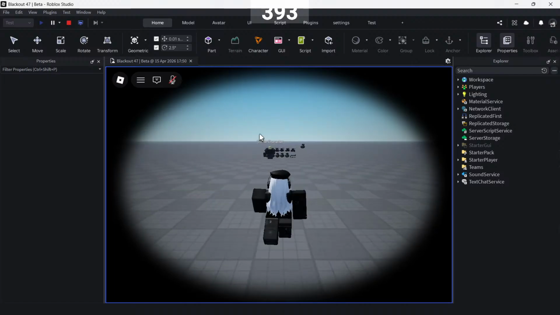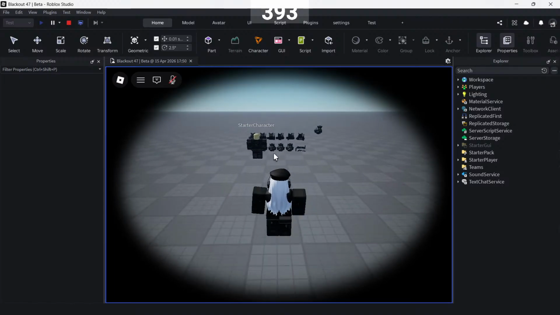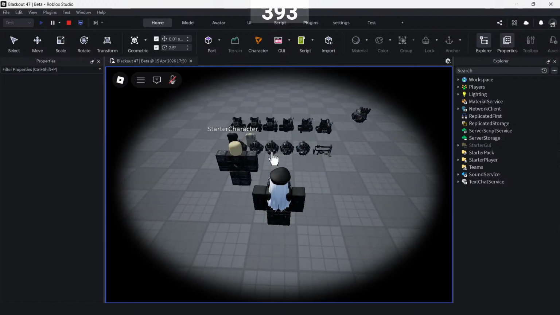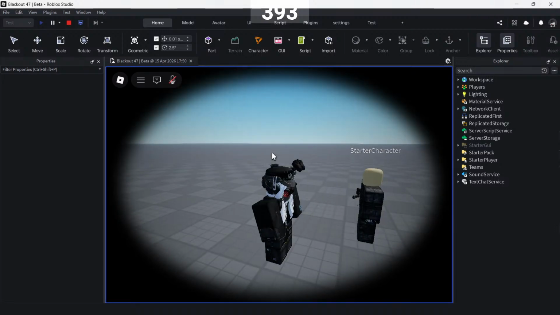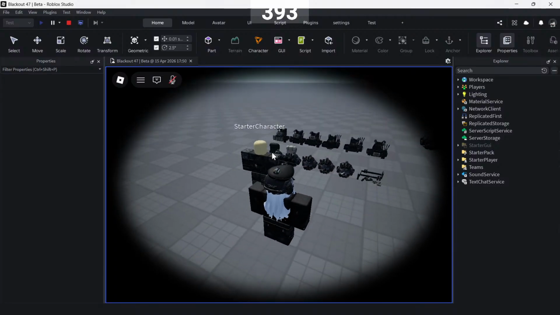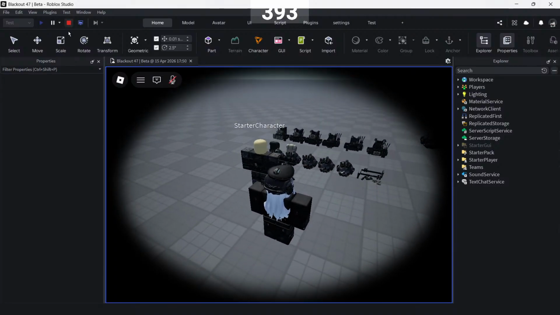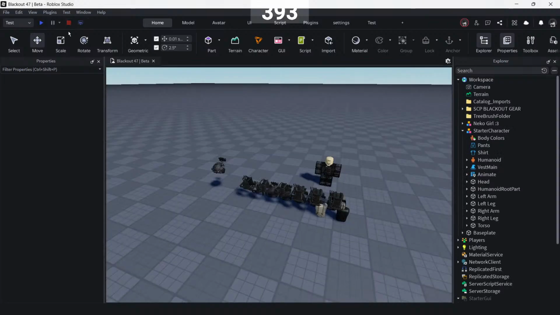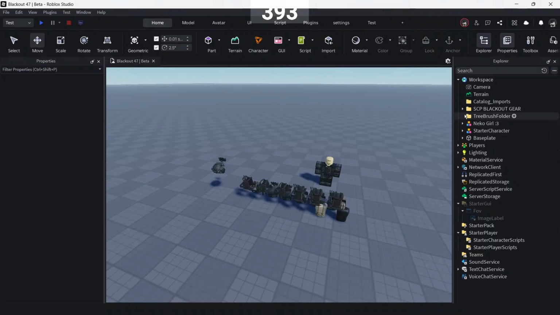Roblox, you are killing me. So you click these and then they give you the hats. So if I can find out what it's doing to give you the hat,